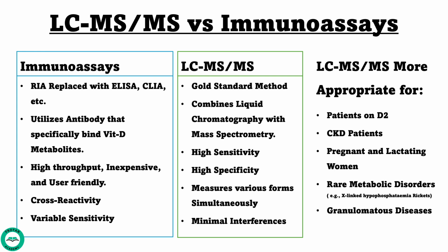Historically, radioimmunoassay was one of the first methods developed to measure vitamin D. It uses radioactively labeled vitamin D to compete with the patient's vitamin D for binding to specific antibodies. The radioactivity of the bound complex is then measured, which is inversely proportional to the concentration of the vitamin D